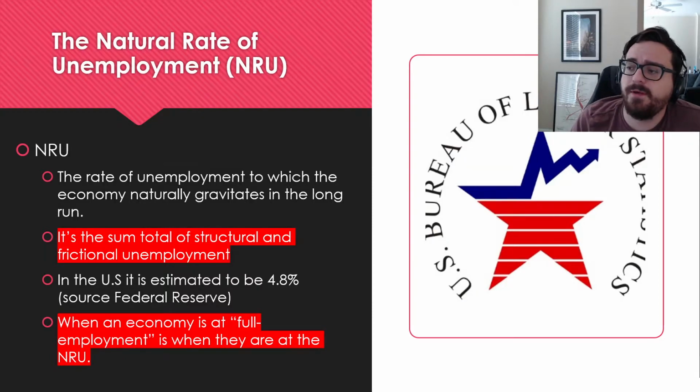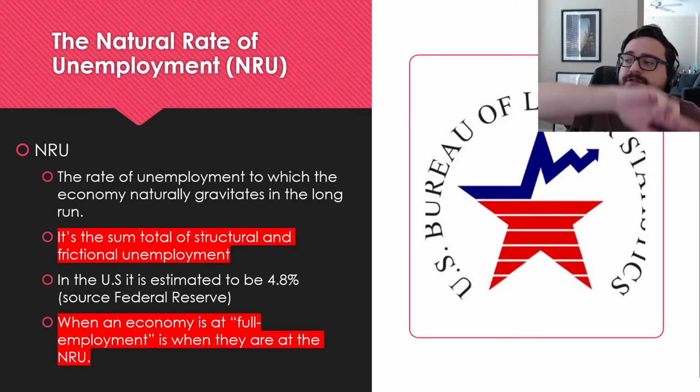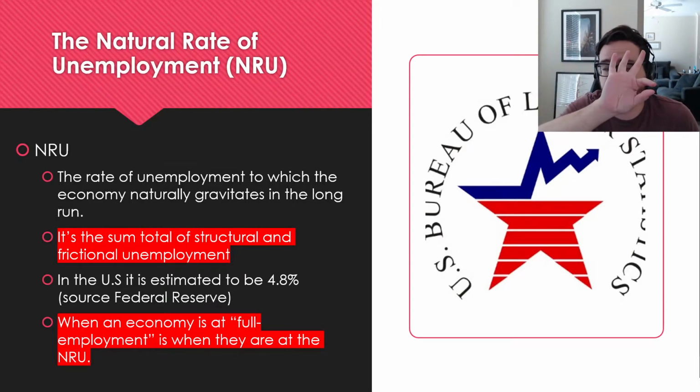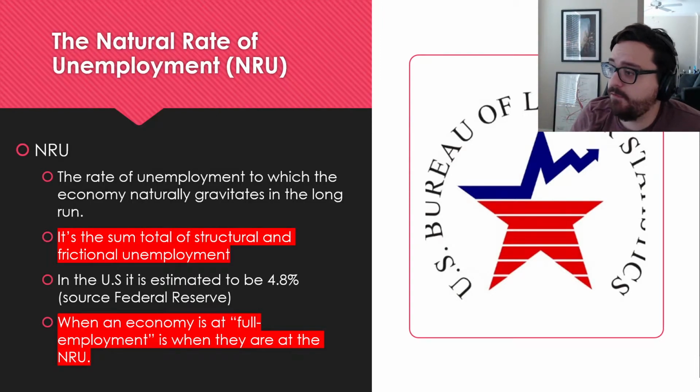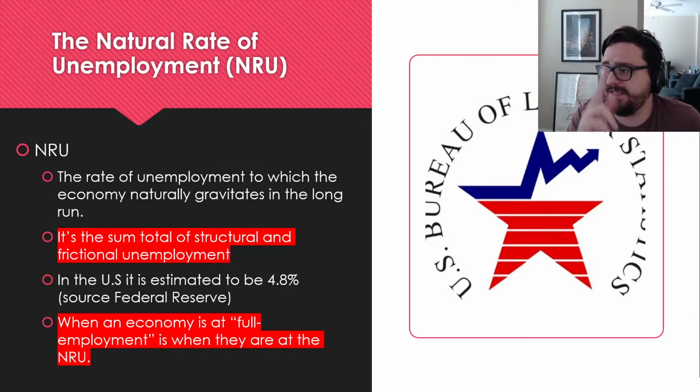The natural rate of unemployment is where our economy tends to gravitate to in the long run, meaning as our economy has these ups and downs, there is a trend line. For us, it's generally a skewed upward trend line of economic performance. The business cycle shows that. And what that's telling me is that if our unemployment is right on pace with that trend line level of unemployment, then our economy should be doing well. That trend line is the natural rate of unemployment, basically our ideal amount of unemployment. It's a sustainable number. It is an achievable number. It is a number that we can plan stuff around.